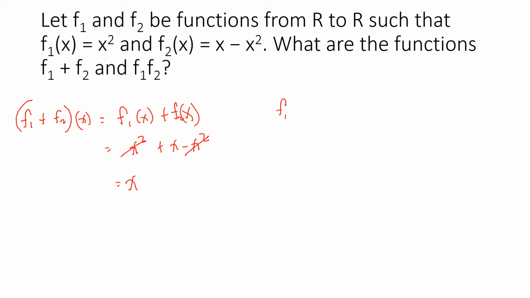Another: (f sub 1 times f sub 2)(x) is equal to x squared times (x minus x squared), which is equal to x cubed minus x to the fourth. Okay,